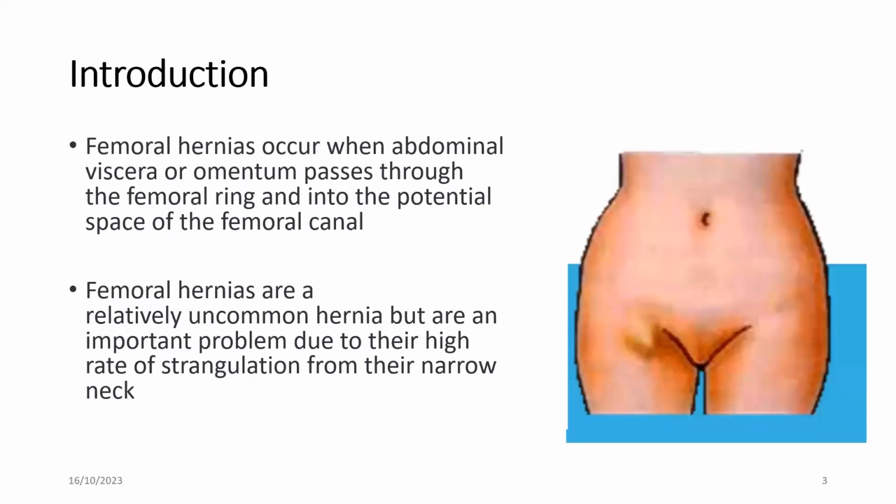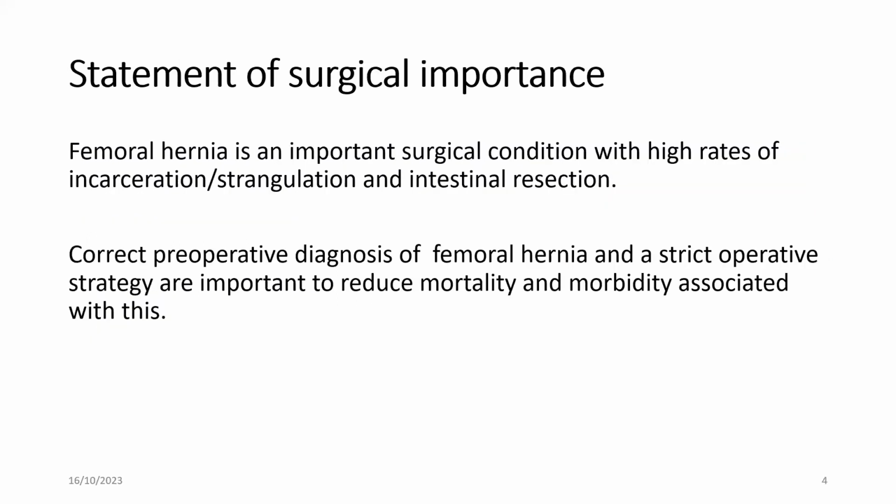As a way of introduction, femoral hernias occur when abdominal viscera or omentum passes through the femoral ring into the potential space of the femoral canal. They are relatively uncommon, but are an important problem due to their high rate of strangulation from their narrow neck. Femoral hernia is an important surgical condition with high rates of incarceration or strangulation and intestinal resection. Therefore, correct preoperative diagnosis of femoral hernia and a strict operative strategy are important to reduce the mortality and morbidity